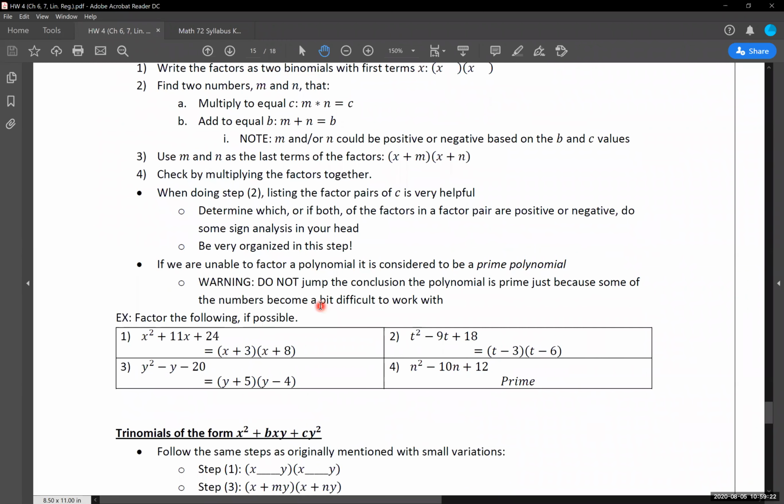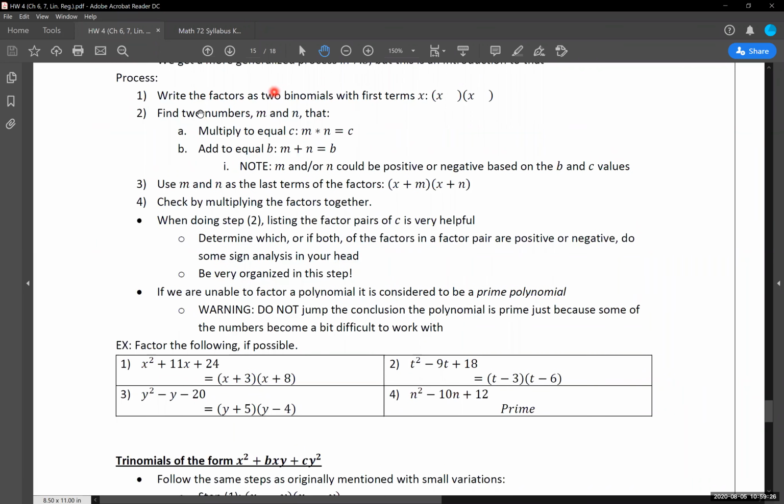Okay. So we're going to go through 4 examples of using this process, and I'll show you what I mean specifically with step 2. This is the really important one, of how we go through and find the 2 values that we're going to work with. So these are the 4 examples that I'm going to reference over on our Blackboard. So let's jump on over there and take a look at these.